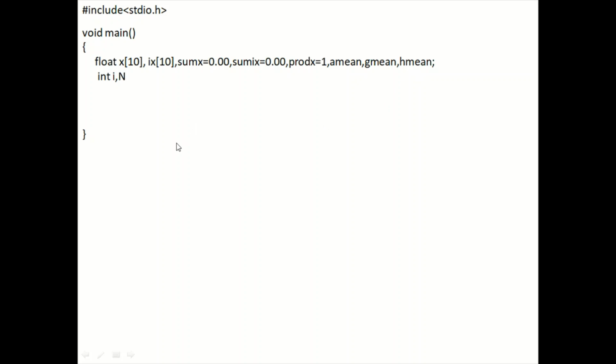So initially I'll ask the user how many values you're going to enter. He may enter 4 or he may enter 6 or 8 or 10, whatever it is. Whatever value he inputs will be stored to this variable name n. Now to keep a track of each element, I need a counter which begins from 1 or begins from 0. That counter is tracked by the variable name i.